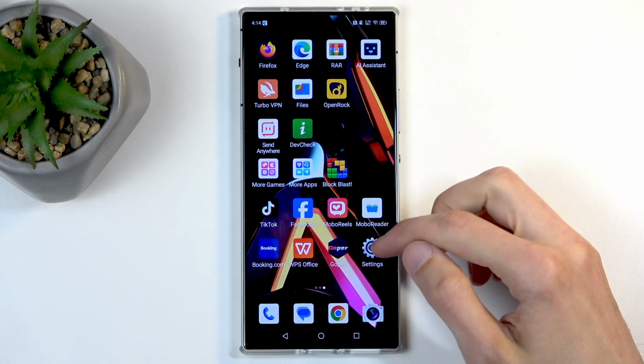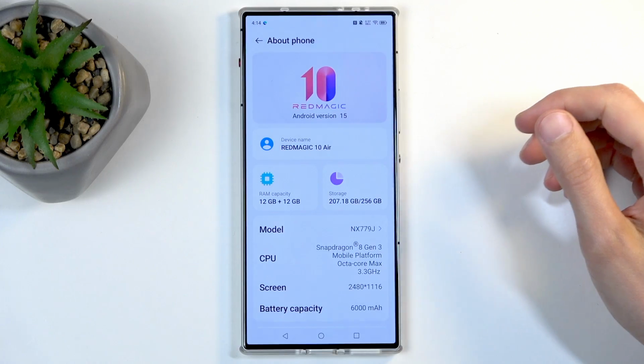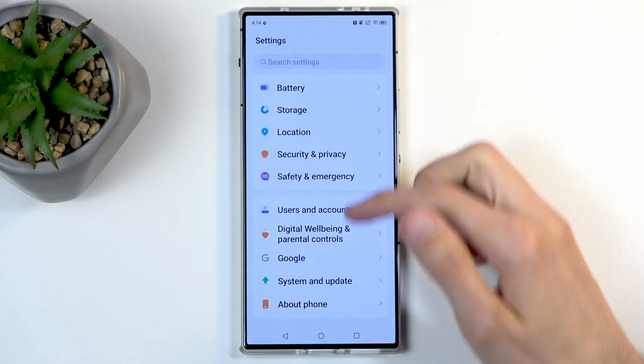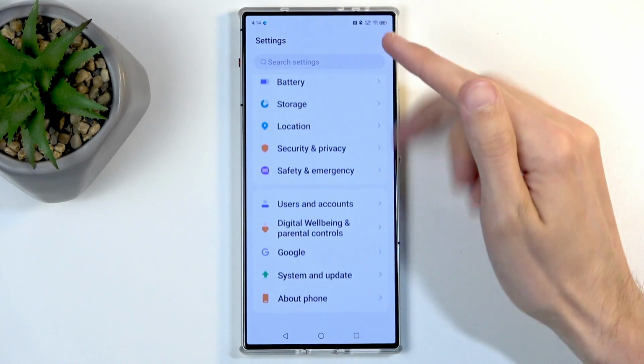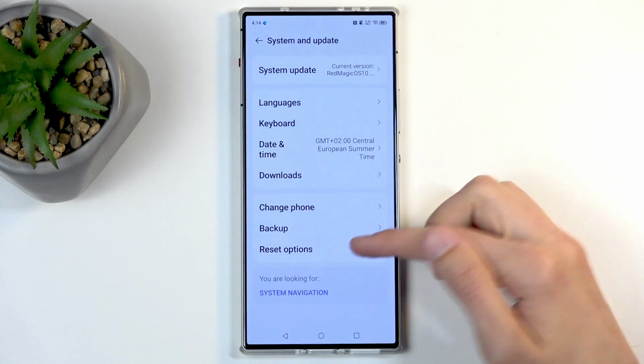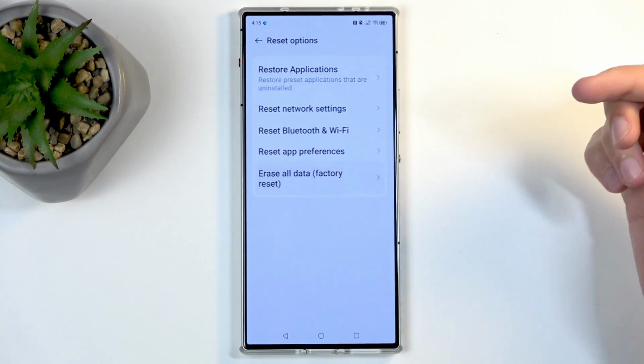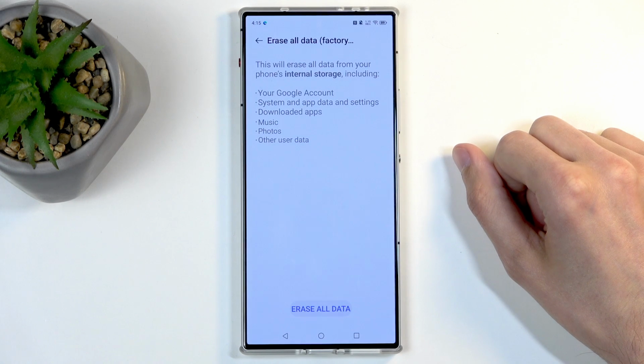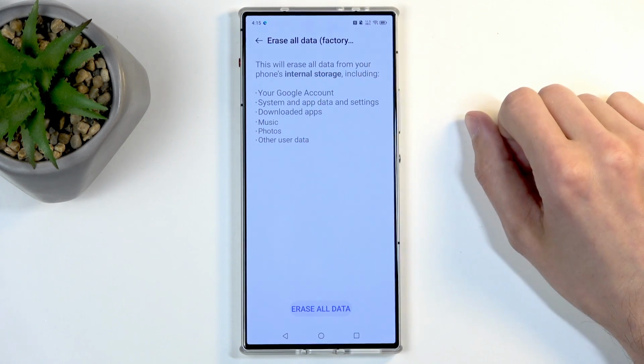So to get started, we're gonna open up our settings, and in here, just back up the main page, we're gonna scroll all the way down to System and Update, and then you wanna select Reset Options and Erase All Data (Factory Reset). Give it a moment and this will show up with this list right here of data that